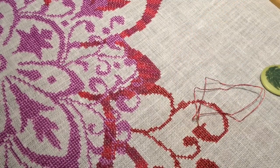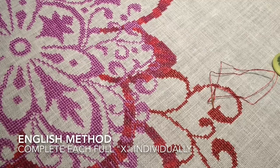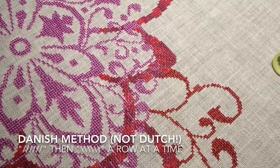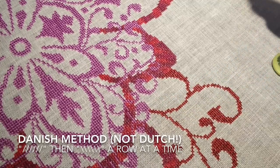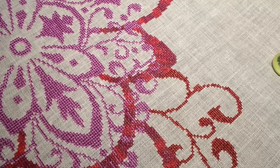Now, I think this is known, and I'm going to get this mixed up, the English method, which is you do each cross individually. Or is it the Dutch? It's one or the other. When I'm doing this particular project, for 2 reasons. One, because it's satin, and one, because it's these long bits of scrolling. I'm doing each individual cross on its own. I find it helps keep the satin thread from slipping,